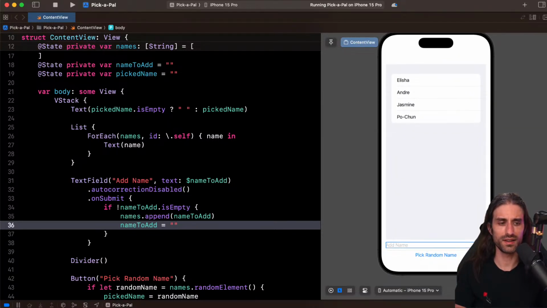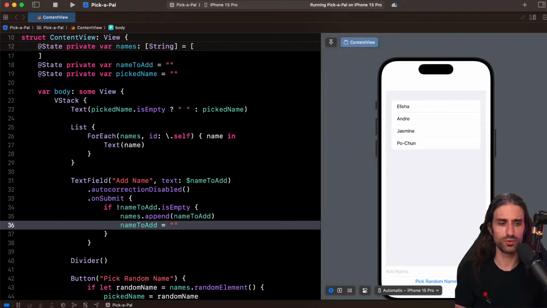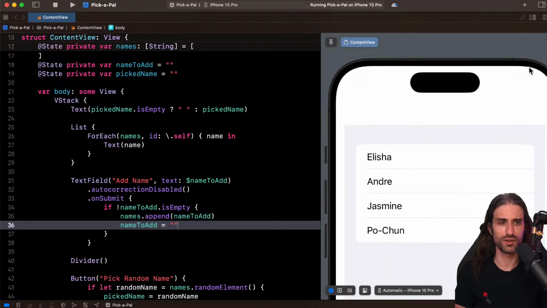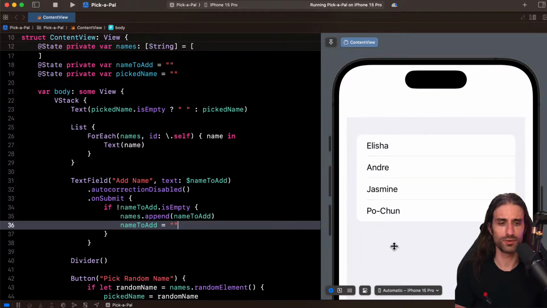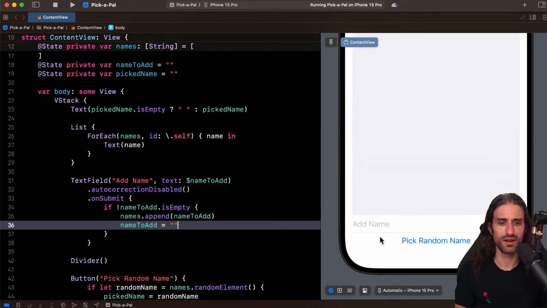You can see the divider. It's quite small, so I'm going to zoom in a bit so that you can see it on the live stream, but I need to still be able to scroll. Okay, so you can see the divider right here.